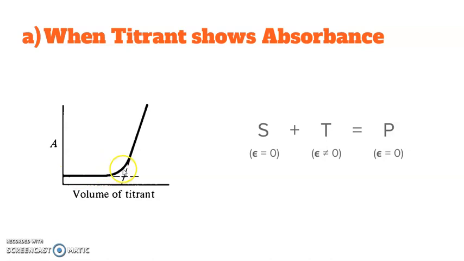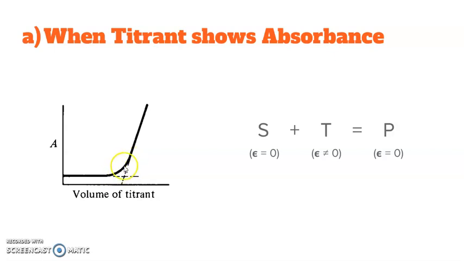But the additional volume of the titrant, since it has absorbance, or epsilon is not equal to 0, since the titrant has absorbance, this curve will result because there is an increase in the absorbance. So if there are two lines, this is the one line and this is the other line. As I have mentioned, in order to find out the endpoint, since there is no clear